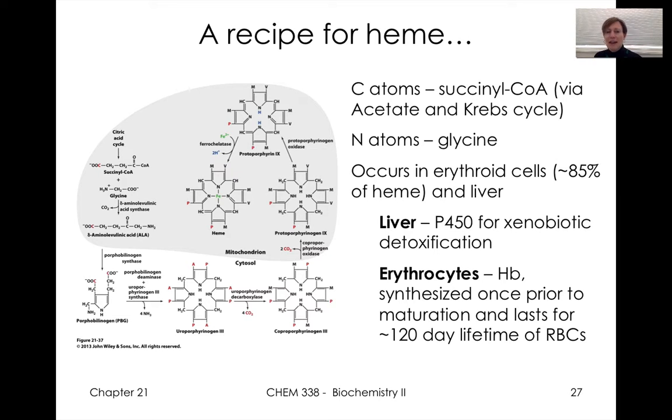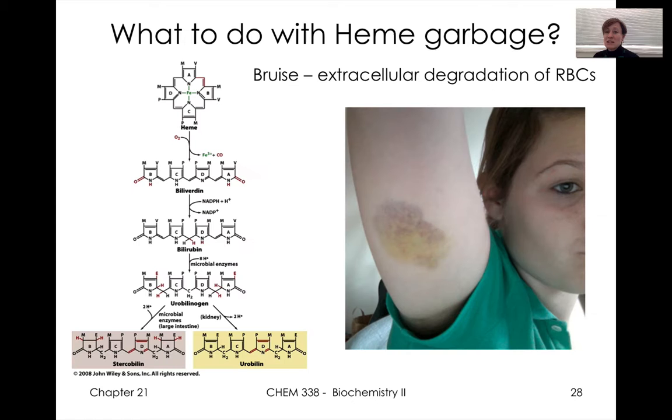So we'll spend a little more time reviewing some of the concepts that we've already discussed in class. But not only do we need to think about synthesizing heme, we need to think about how we degrade heme. Hemes are a significant source of nitrogen in your body, but bruises, right? We've got this extracellular degradation of red blood cells, which is going to take this heme, and we need to break it down into components that we can excrete because heme is very water insoluble. So we do some oxidative chemistry here to open this up and generate biliverdin, bilirubin, urobilinogen, stercobilin, and urobilin. Not names that you need to remember.